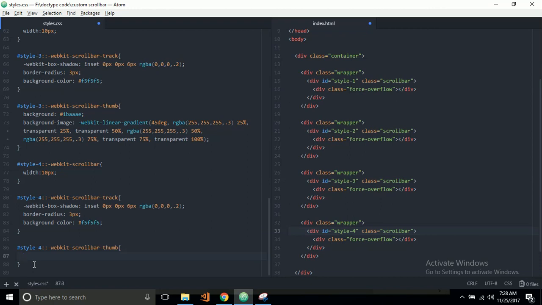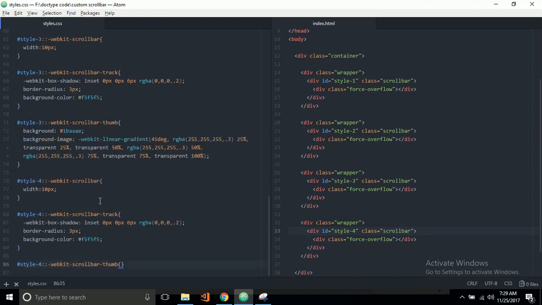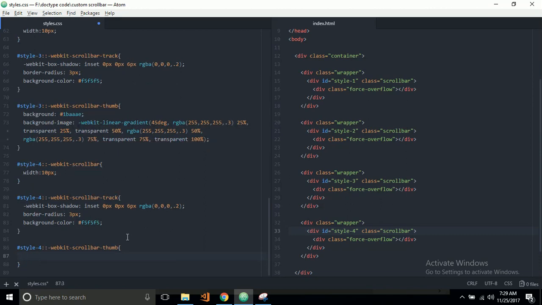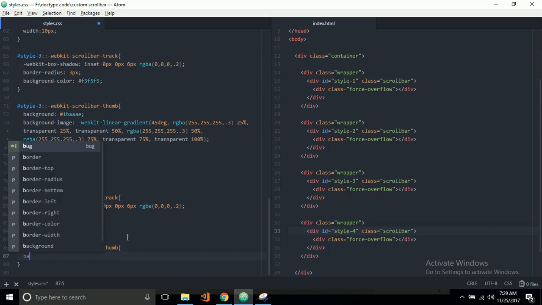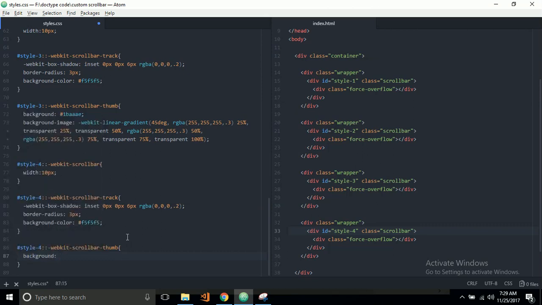Now what I want is for it to be a little bit transparent, and then when I hover over it, when I place my mouse over this, I want its background to change to some darker shade or something like that. We'll see about the shade we want to change it to. So for this one, let's put some background color first. Background color, and this is RGBA, and I want some brighter color, 6,